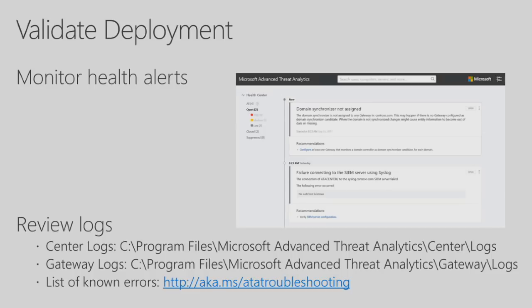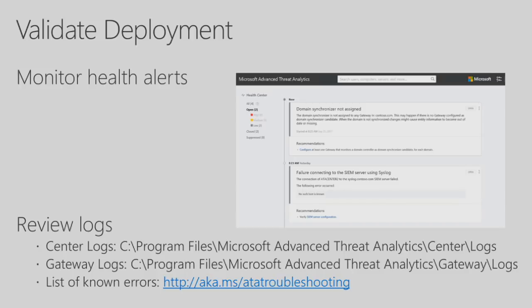So the first place to look will be the health area that we have inside the product. In that area, whenever there's a health issue, there will be a monitoring alert that will flag you that something is wrong. We can also send you emails if something is wrong. The alerts will be something like if a gateway is out of memory, if the center has not enough resources, all of these kinds of alerts. So this will be the first place to look.